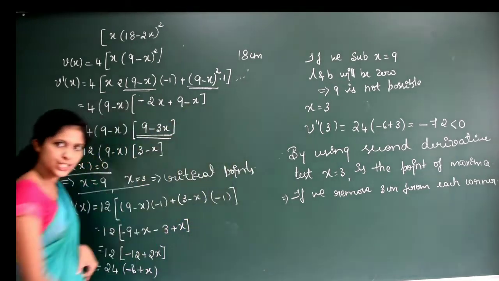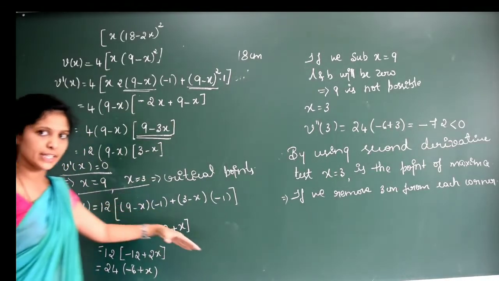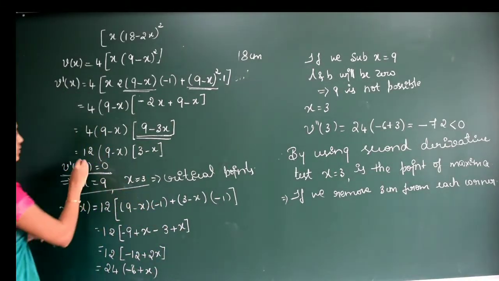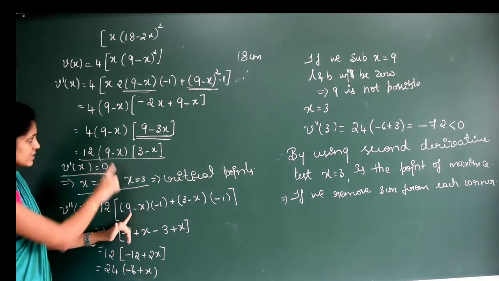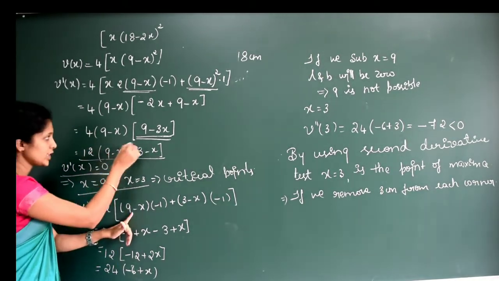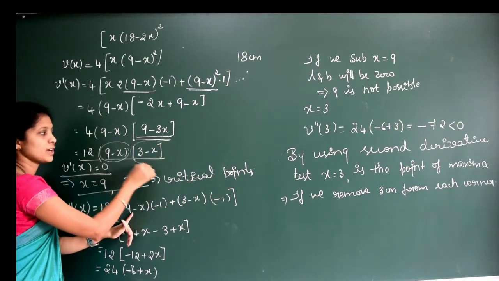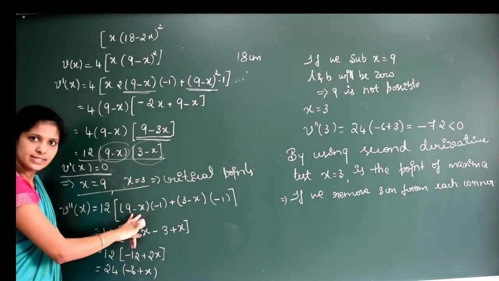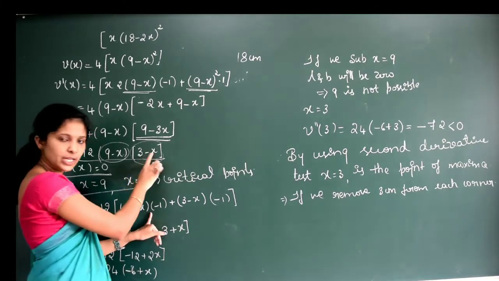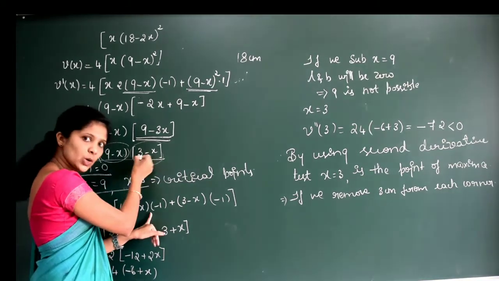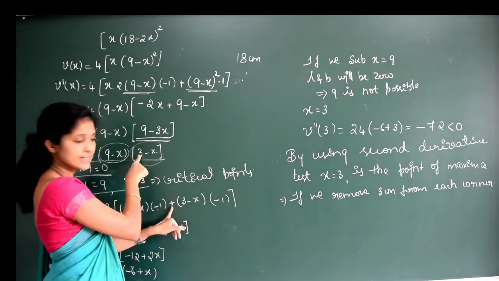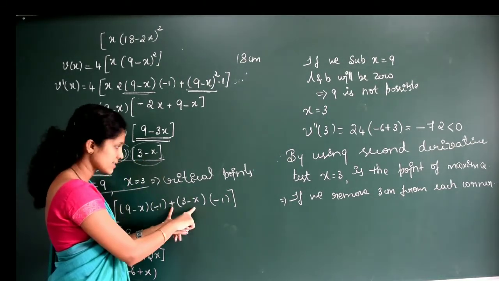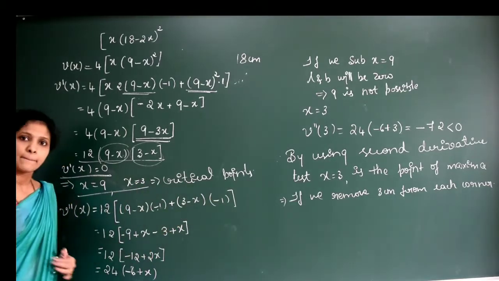Next we need to differentiate again, right, to check with the second derivative test. So V double dash of x, we will consider this one only. So this is in the simplified form, right? 12 as it is, 9 minus x into 3 minus x. Here we need to apply the product rule again. Here two functions are there, right? I keep 9 minus x as it is. Derivative of 3 minus x, 3 will be 0 and x is 1, right? Minus is there, so minus 1, plus next 3 minus x as it is. Derivative of this will be minus 1.